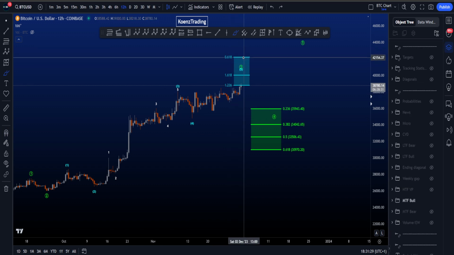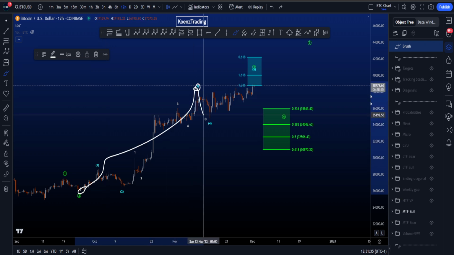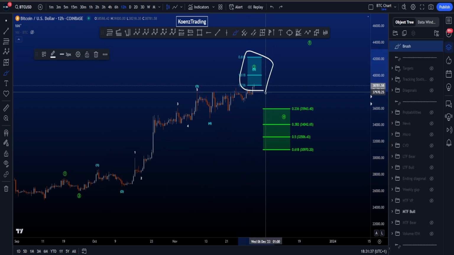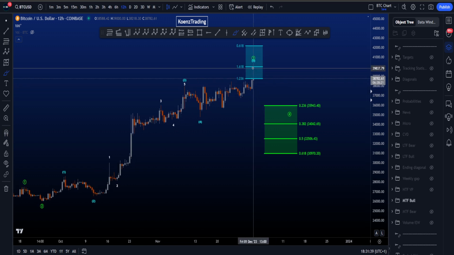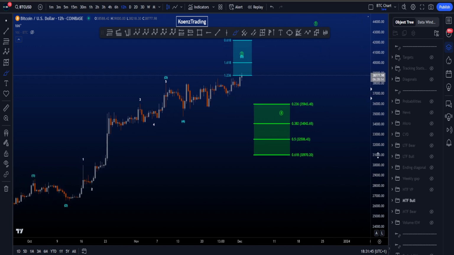The 0.618 here is sitting at 42.1k, which is taken from the low to the high of wave 3 to the low of wave 4, giving you this target area over here, with the 1.618 sitting at 40k. Now then we would be looking for a retracement to the downside in a higher degree wave 4, where preferably